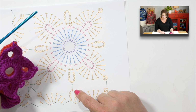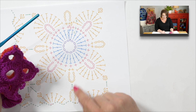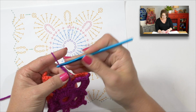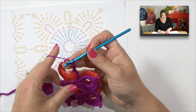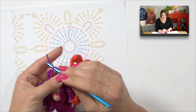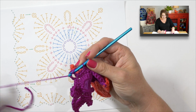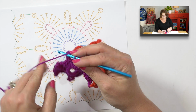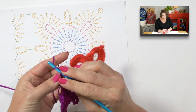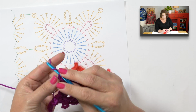If I look at my chart again, it says to do 3 chains, and then I would finish off just like I normally would on this particular portion of the motif. So I come back down here, I do a single crochet into that same stitch, and I move along to the next corner. So I'm over here, and this corner is going to be completed just like the last one. So I start off with my 6 doubles,